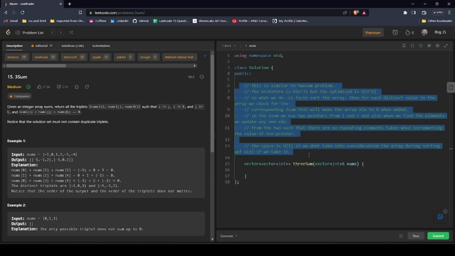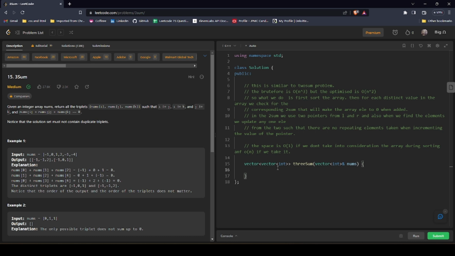Now I just wrote what all I said in here. So let's quickly get into the code. First, we will have a vector of vectors to store our answer. Now, as I said, we will have a for loop that runs from i equals 0 to i less than nums.size minus 1, i plus plus. In each case we have a left pointer, which is i plus 1, and a right pointer, which equals nums.size minus 1,